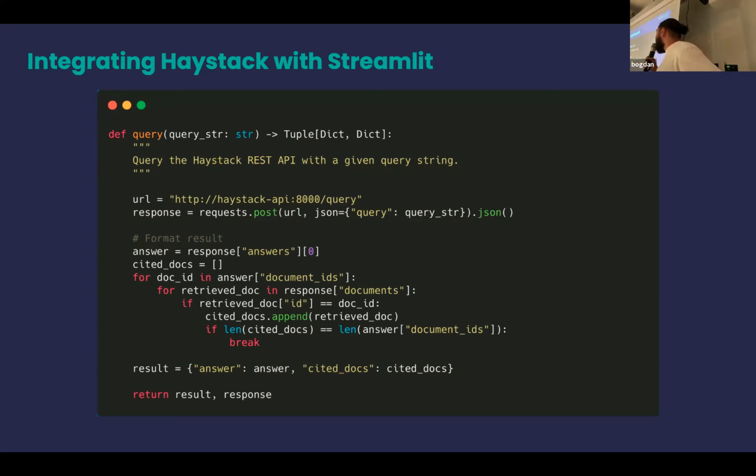First, this is a helper function that we are using in our Streamlit user interface to make queries to our Haystack REST API. We can see here is our URL. We have our Haystack API service with the query endpoint, and we are sending a post request to our backend service and formatting it in such a way that we can further work with this.